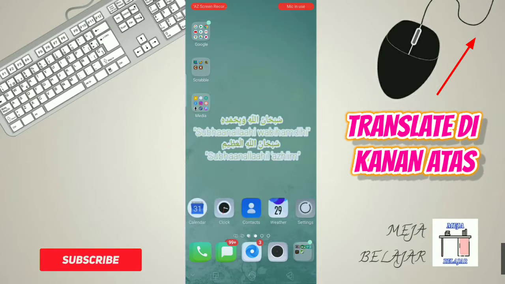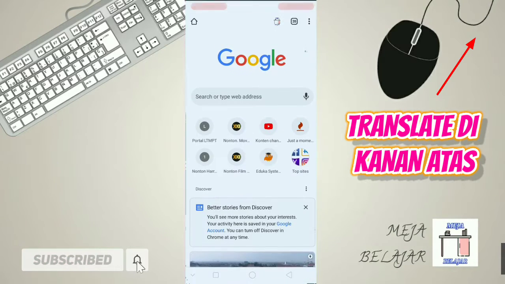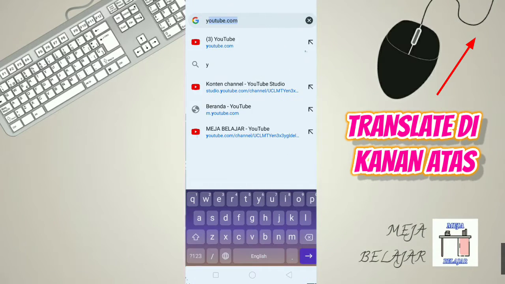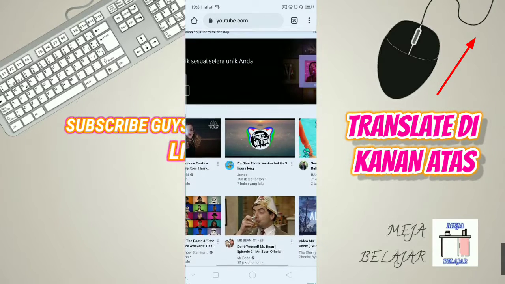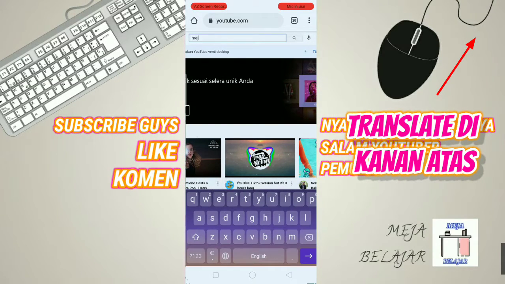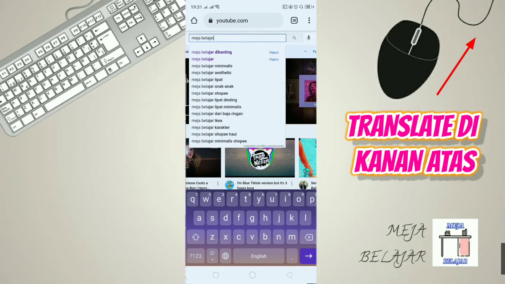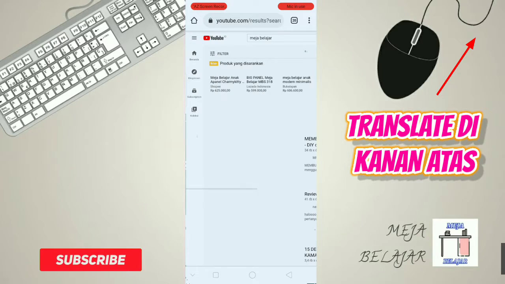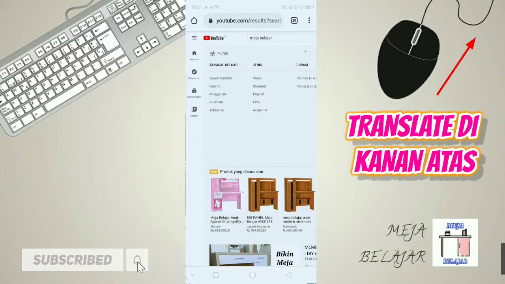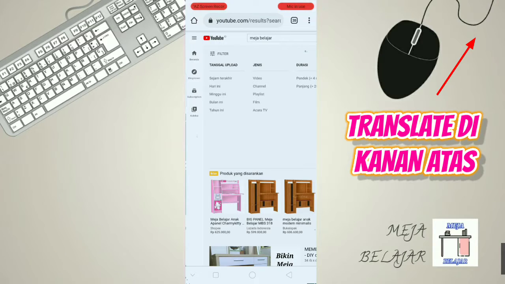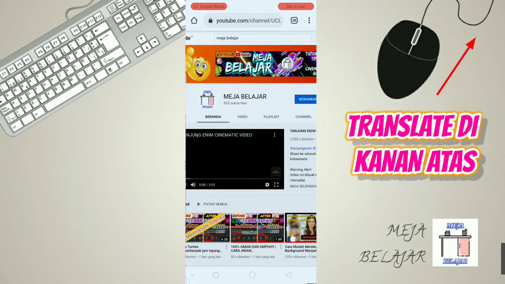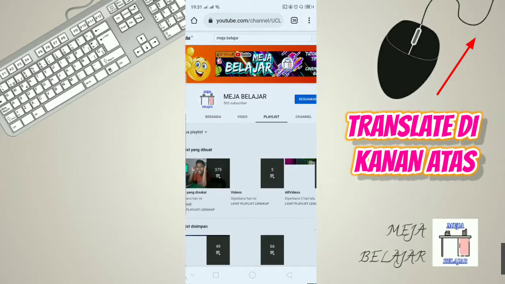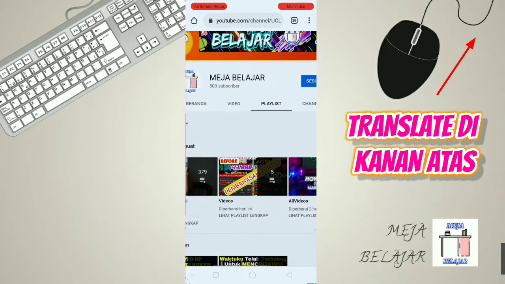And then you can open a browser, any browser like this, and then you type youtube.com like this. After that, search for your YouTube channel. After that, you can click filter, and for type we choose channel. And here we go, and then we go to playlist, and then we open the new playlist,